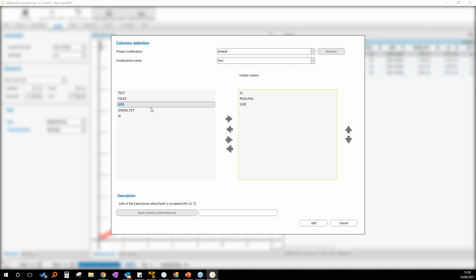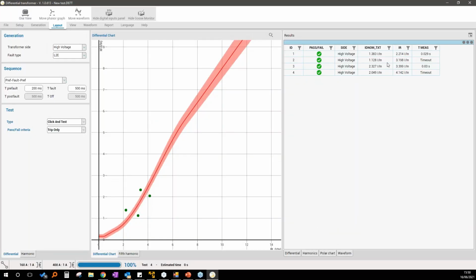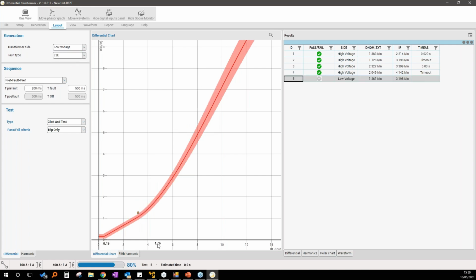So side, nominal current, differential current, and nominal restraint current, times, no results, the measured time, and for me can be enough. Okay, I can do also testing on the low voltage side. Okay, so everything is working very well.